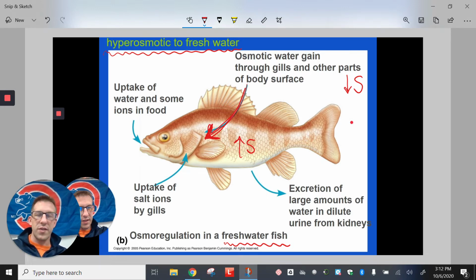Now we've got to ask ourselves, do we go to the river or the lake or the pond and see 1,000 bloated fish on the side, all dead because they've puffed up with water and died? No, we don't see that, right? So obviously they've got some adaptations that help them to deal with this situation, that allow them to osmoregulate in a certain way, regulate the amount of water and solute in their bodies, right? Okay, so let's talk about his adaptations. Number one,